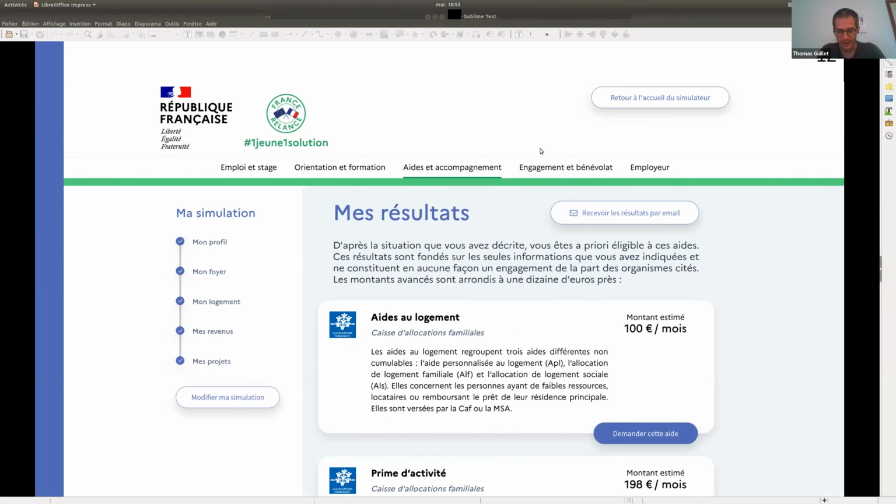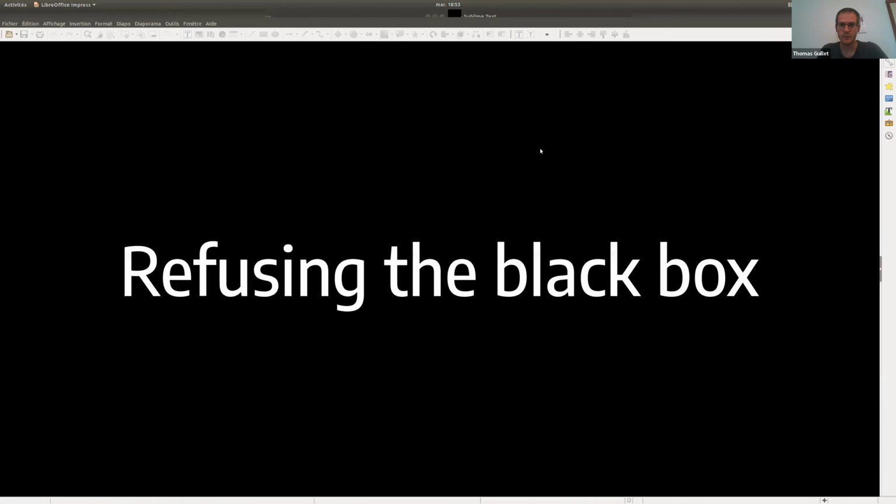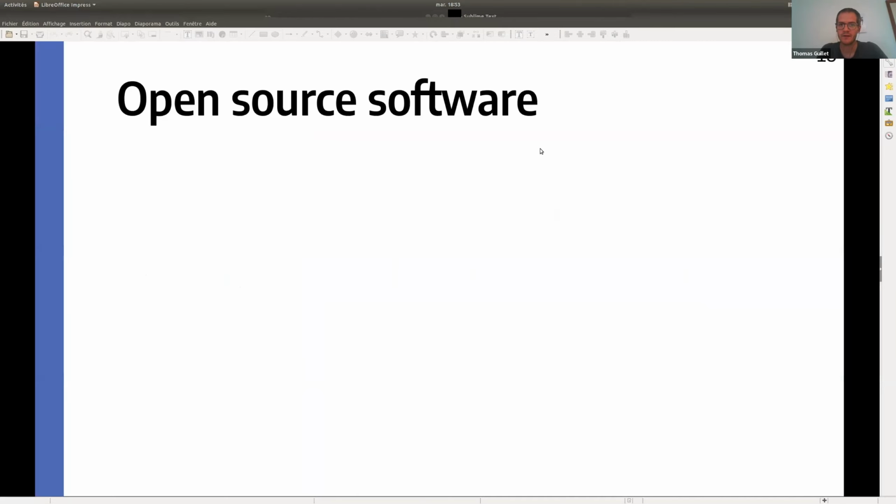And in addition to highlighting benefits, we also try to estimate amounts for those benefits that people can apply for and claim.